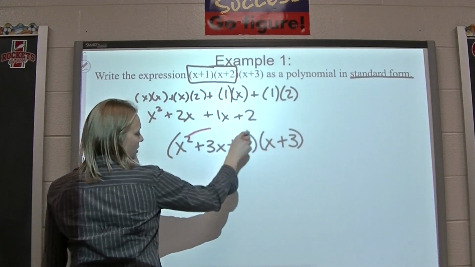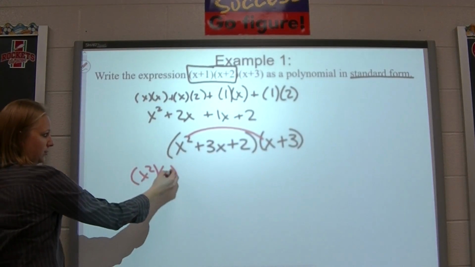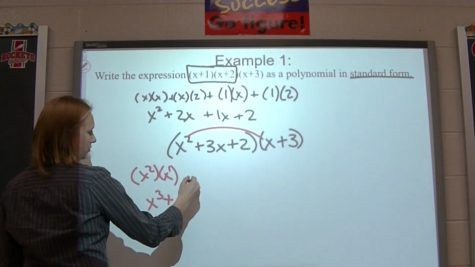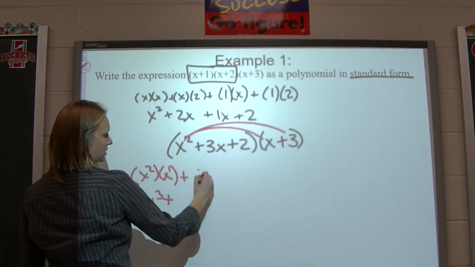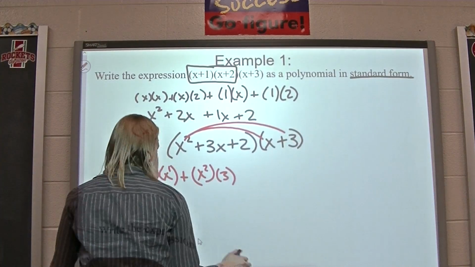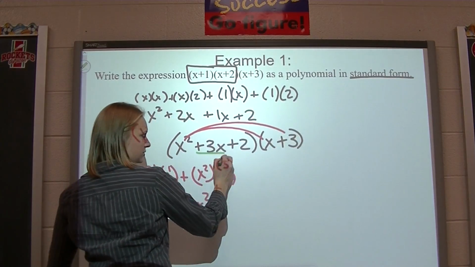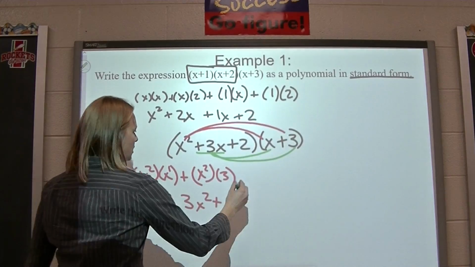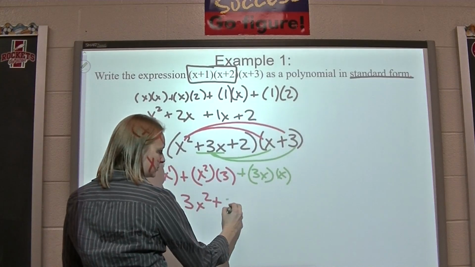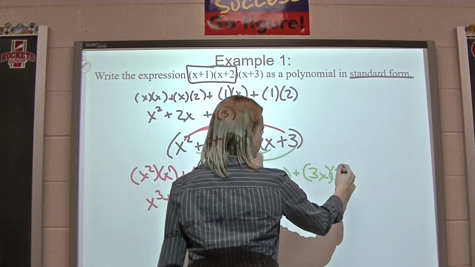So we're going to do x squared times x. Remember our rules of exponents. When you multiply, you add your exponents, so x squared times x to the first is x to the third, plus x squared times 3 is 3x squared, and then we have to distribute this term to both the terms in the other set of parentheses, so we're going to do 3x times x. Again, when you multiply 2 variables, add your exponents, so that's 3x squared,